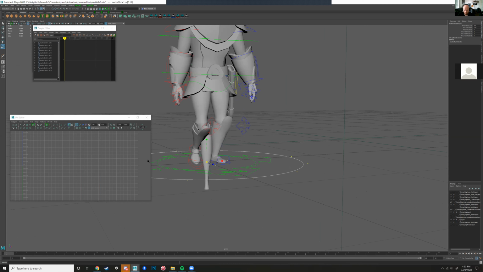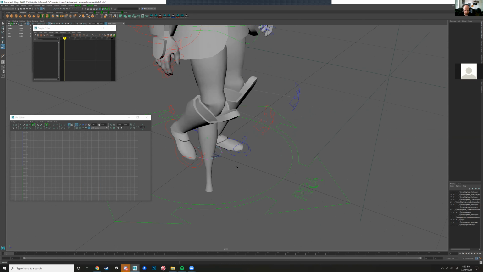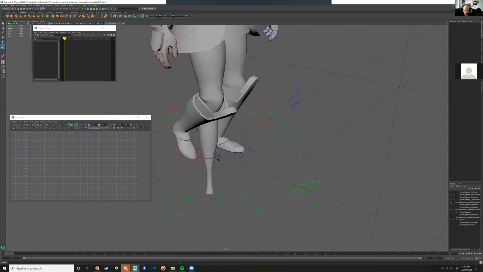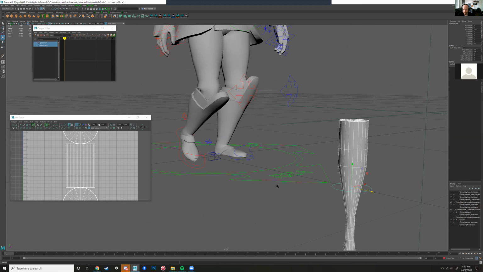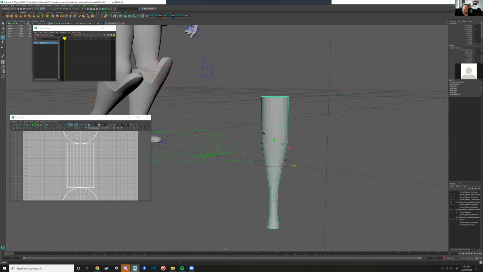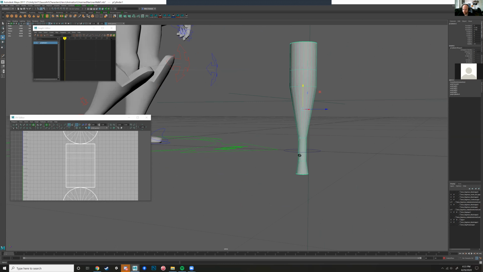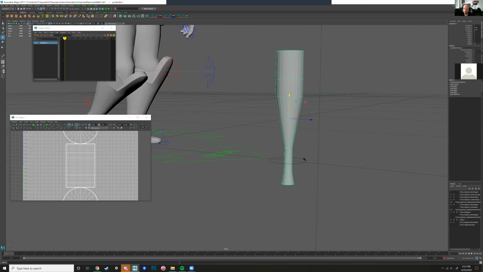That way I don't have to freeze my transforms again. But yeah, so if I grab this, now it looks like a good controllable size for the weapon here. If I move this up, or if I just get both of these, right? It's almost like I'm going to be creating a tiny rig, you know? So if I move this prop up to where I'm going to hold it, I can go in and do